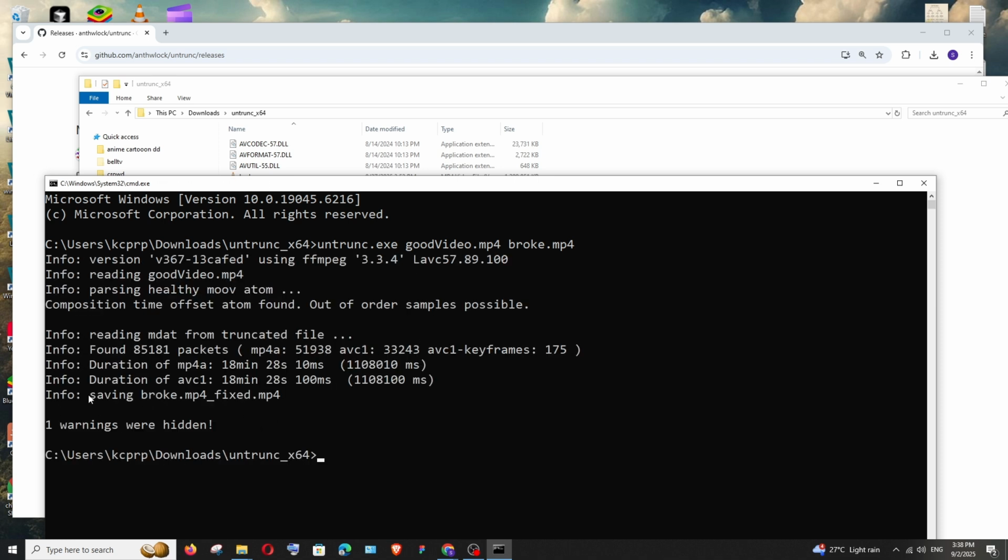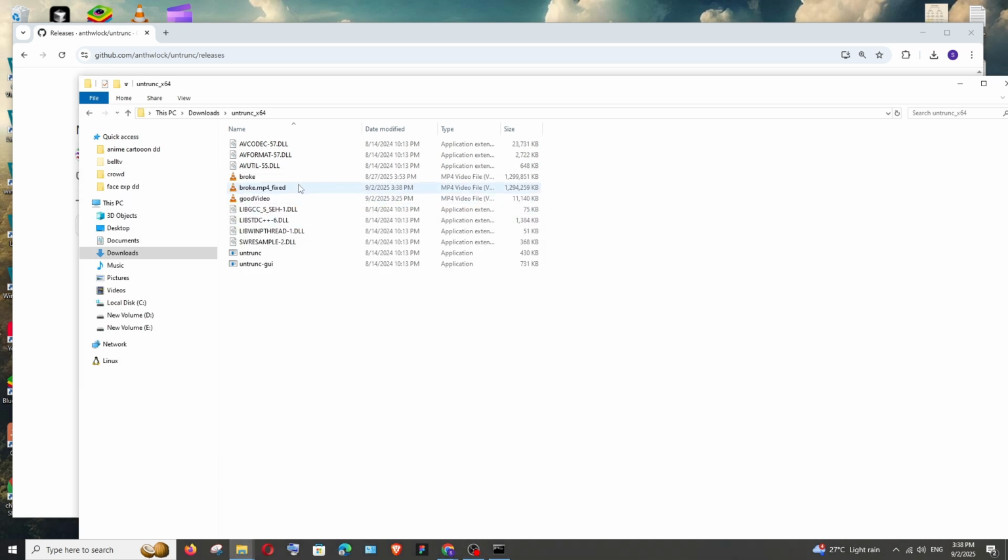And here as you can see, it says saving broke mp4 fixed.mp4, which means that it has successfully fixed it and created a new corrected mp4 file. So if I go here, as you can see, I have this mp4 fixed file over here, which is also of mp4 extension, and it's exactly the same size, 1.23 GB, as the broken video. So now if I play this,